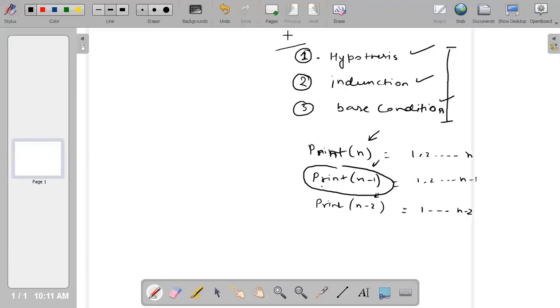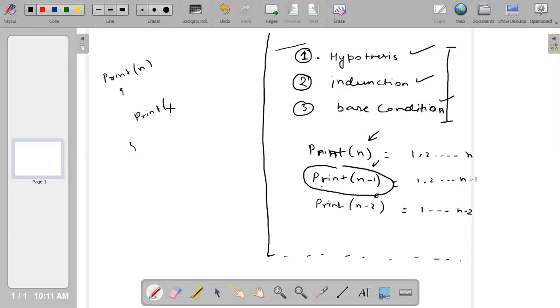So the way we are solving this problem recursively is, if someone asks you to print 1 to n, then you call the same function recursively, asking it to print till n minus 1.